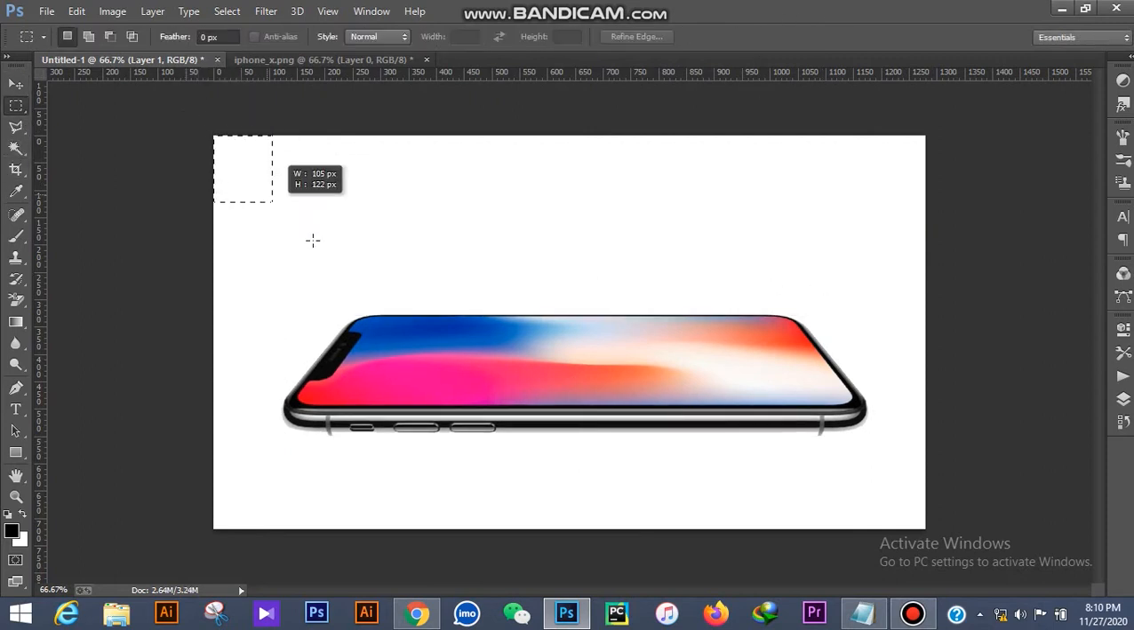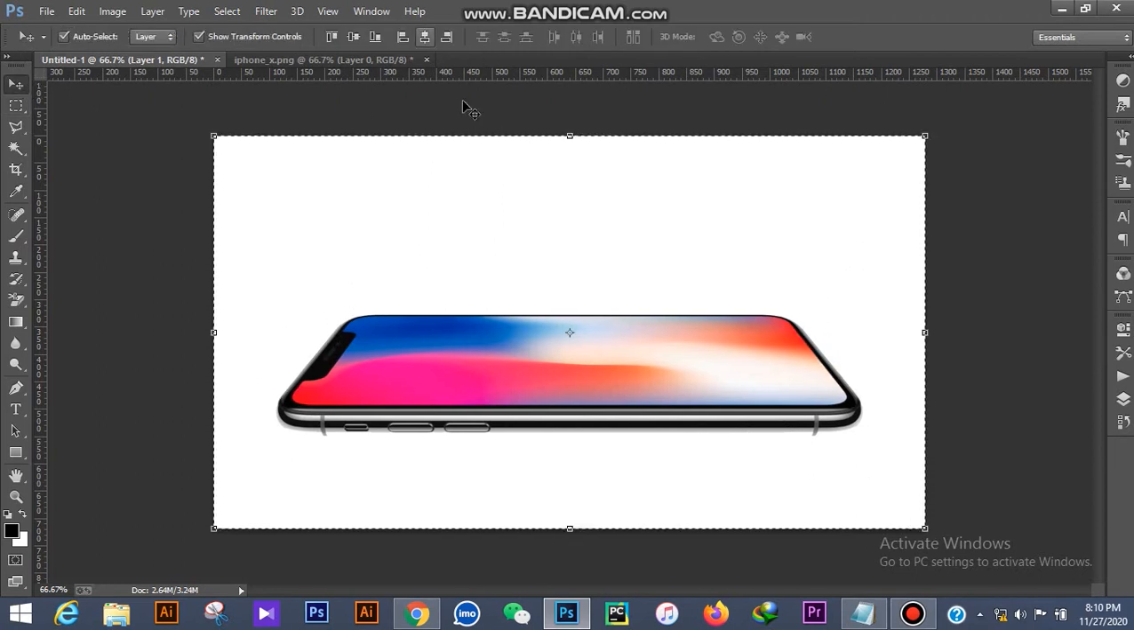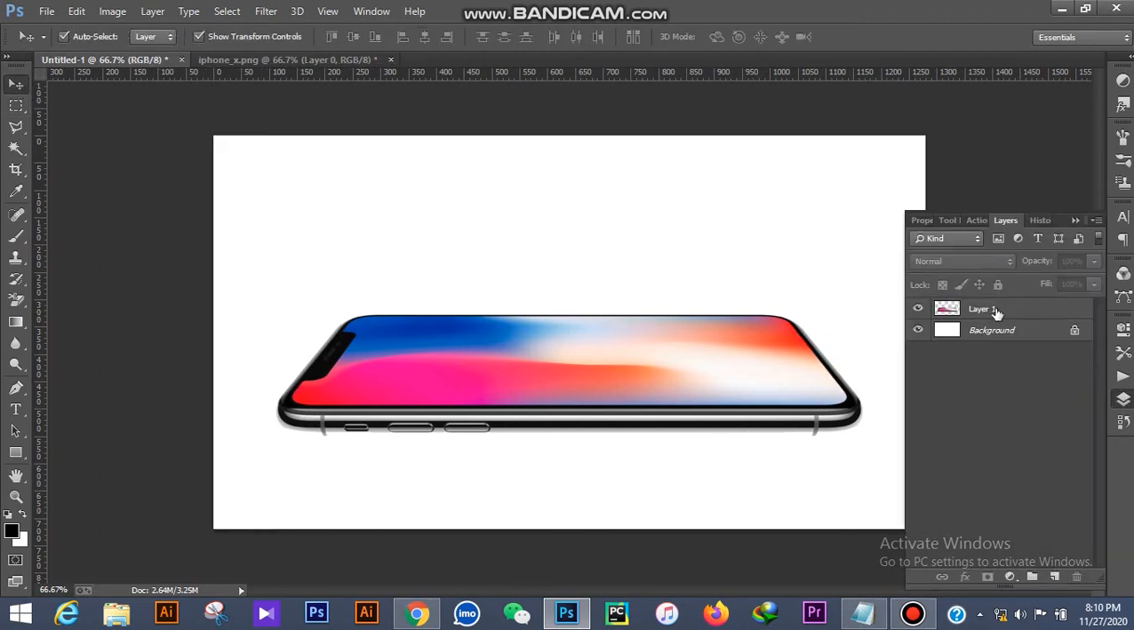Okay, we now select the Move tool and make it in the middle, and we are now renaming this background iPhone X. Okay,